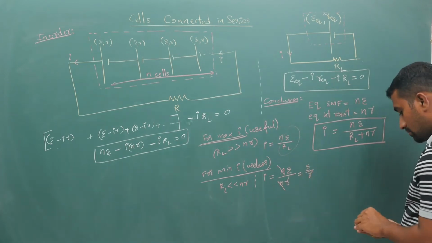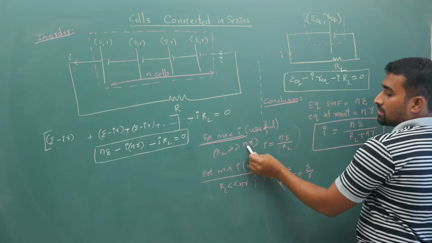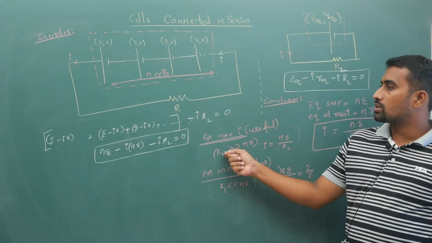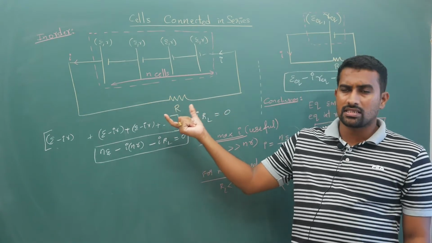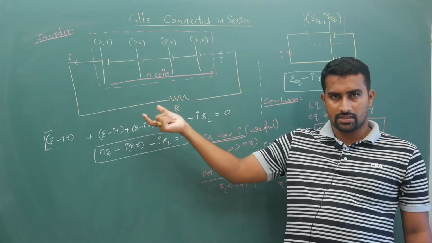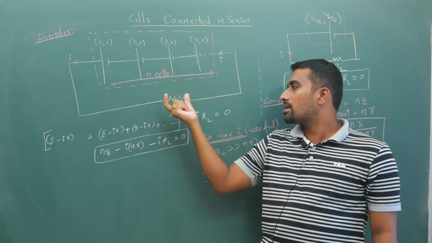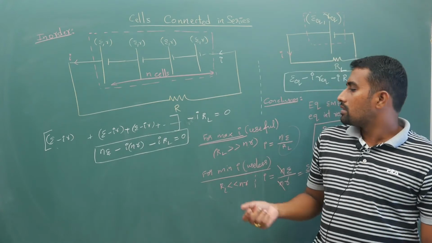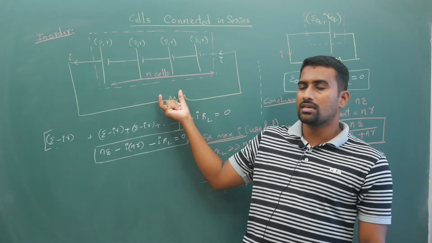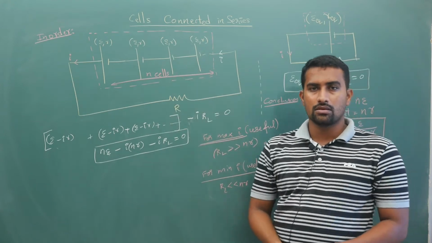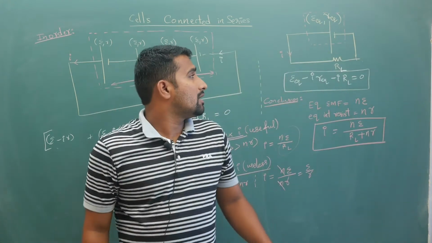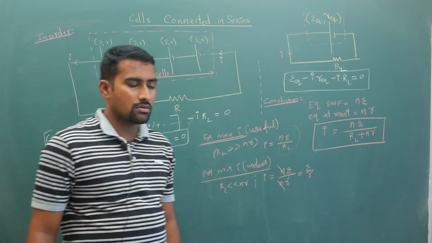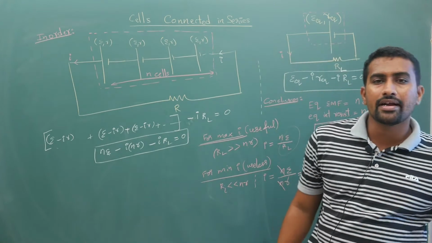Okay. So now I will tell you when to use this. It is useful when R load is big. So when there is a big load resistor, we have to connect the cells in series. Next, when to use parallel connection: when there is a small load, you have to go for parallel connection. So in series, when the load resistor is big, you connect the cells in series. Here it is an in order connection and you have identical cells. So copy this thing down. Now here you have identical cells.